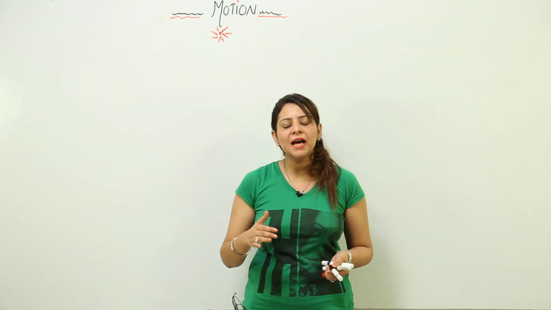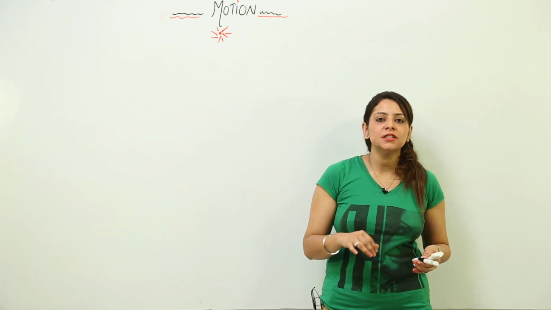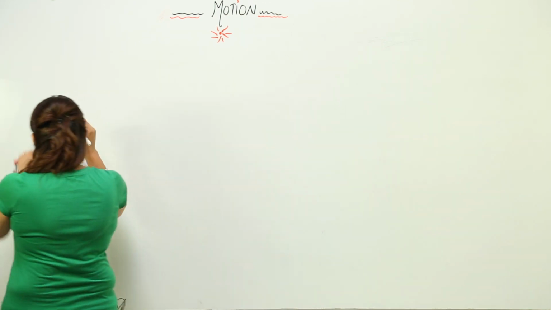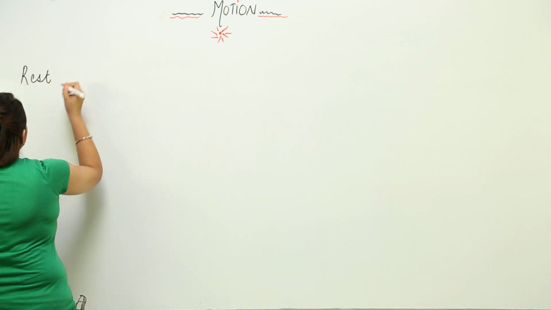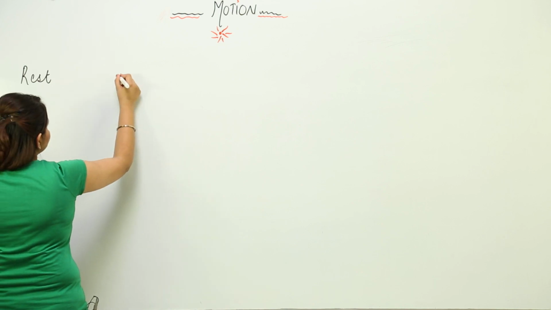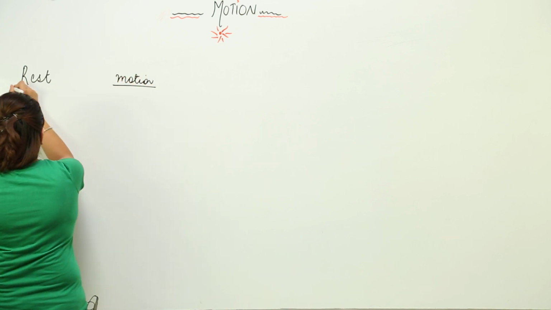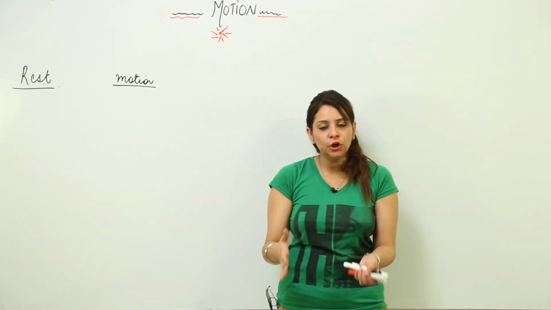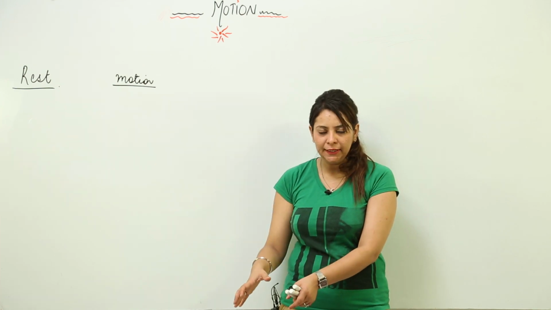Now we are going to start with a new unit, that is motion. First of all, you should know what actually motion is. We have two terms, one is rest and the other is motion. Suppose I have a book lying on the table, so I just put the book on the table, and